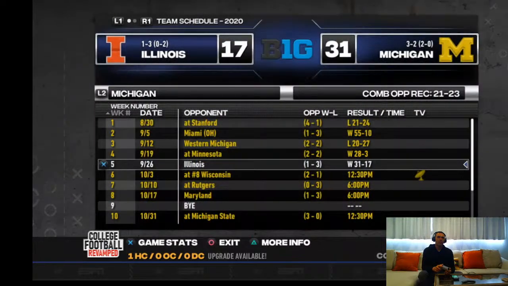So, yeah, I mean, Michigan played a lot better. I'm getting into more of a groove, kind of realizing with the QB accuracy at 5 on Heisman. I mean, again, the slider is at 5 for QB accuracy, and we're on Heisman. You really have to kind of get into a bit of a rhythm. And I was able to do that.